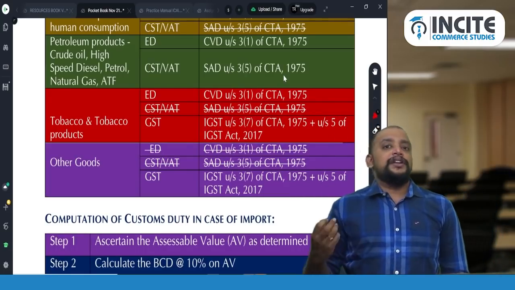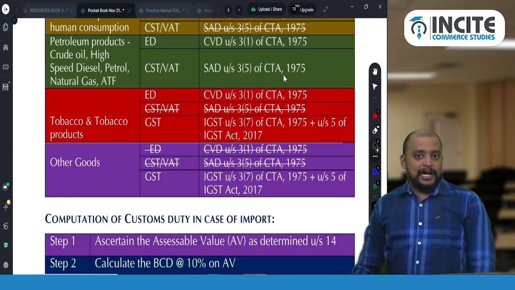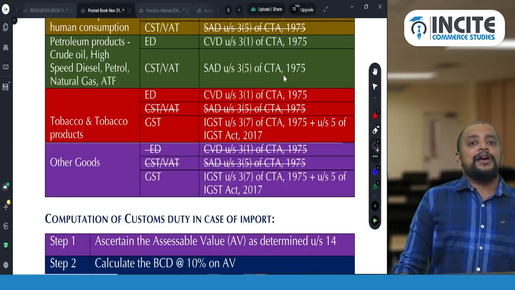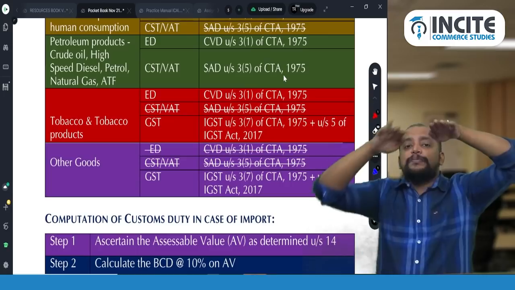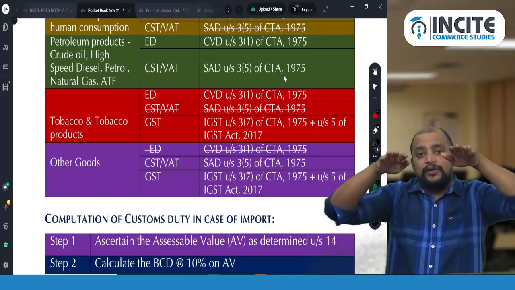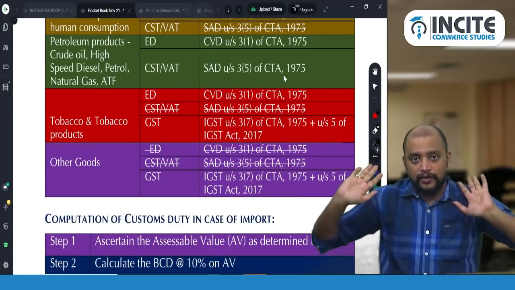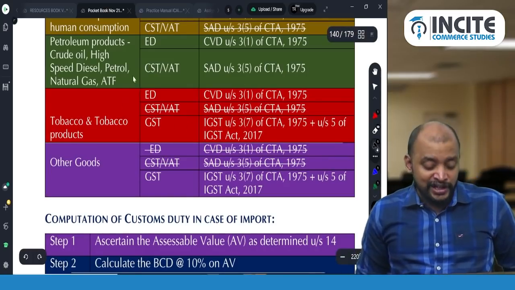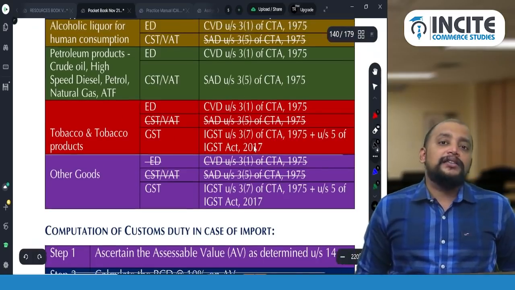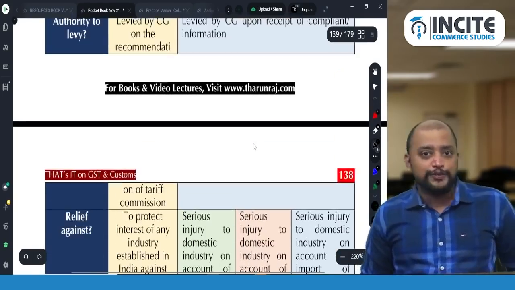Okay, at the given rate we need to compute CVD, and IGST you normally compute last. Only CVD will come as the third line after computing social welfare surcharge. The first line will be basic customs duty, the second line will be social welfare surcharge, the third line will become CVD if it is there. So that is with respect to this. They may not ask questions because it is an old levy, but they can definitely test you in terms of MCQ. It is possible to test.